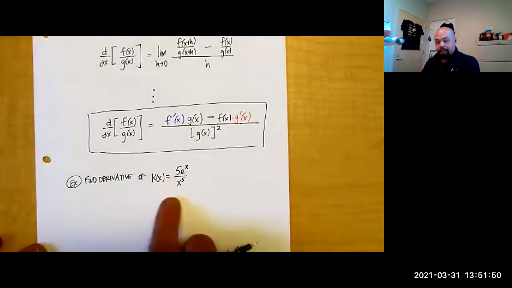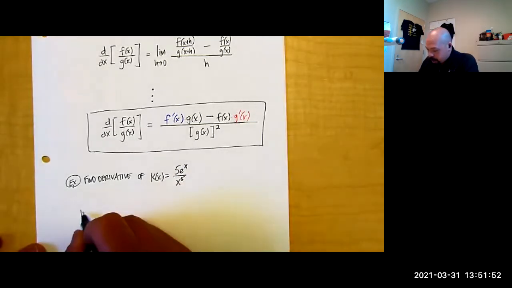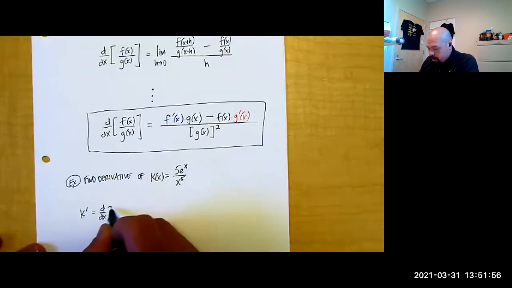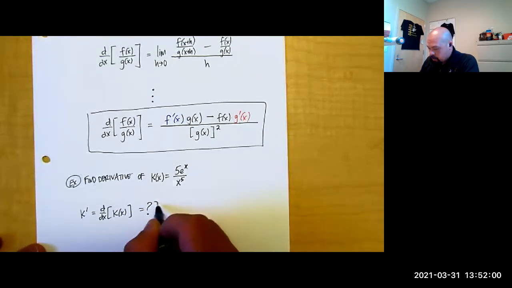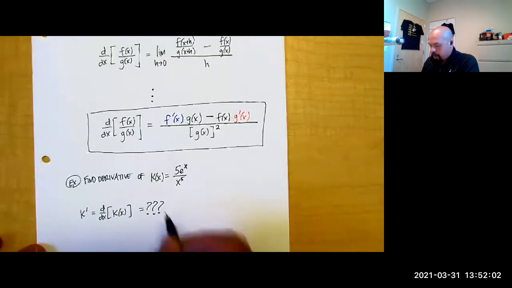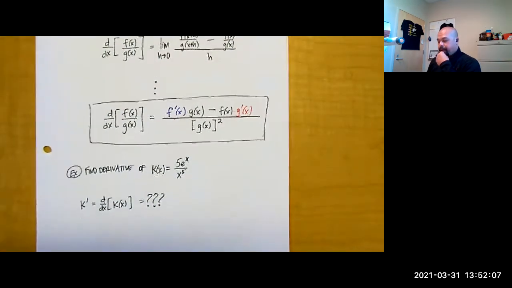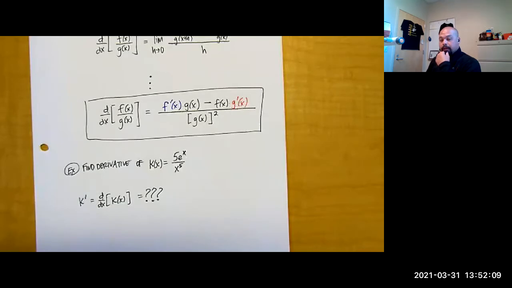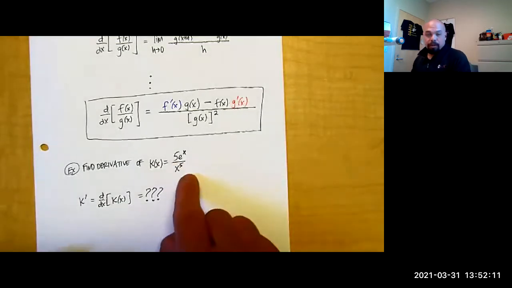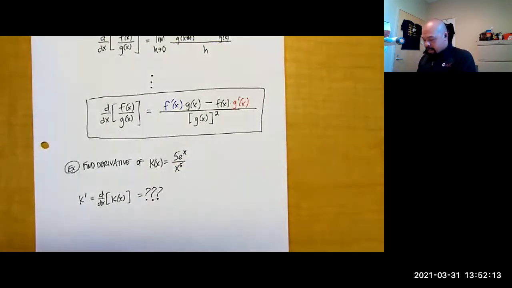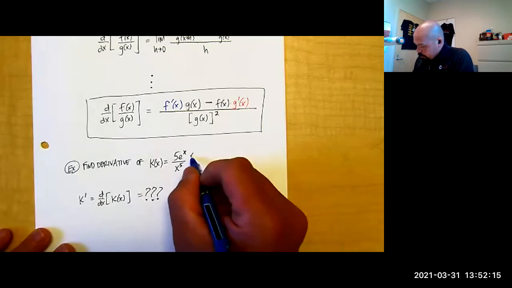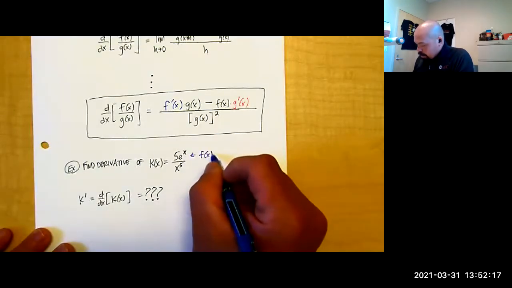But again, looking at the structure, if I want to find that derivative, right, k prime, the derivative of k of x, what is that going to be? Okay. So in this case, again, we have a quotient fraction. I can't simplify, I can't cancel anything. So right away, all right, my f of x, my numerator function,